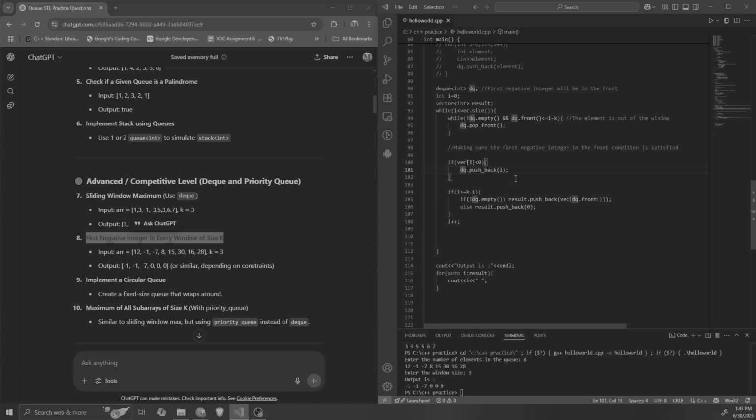What I did for this question is, instead of keeping a monotonically decreasing order in the queue, I just stored the negative elements in the order that I am receiving them. Whenever I get into the while loop, the first condition I check is whether the element at the front is still in the window or not. If it is not, I just pop from the front, and I do it until all the elements in the queue are in the window. And if the current element is negative, in that case